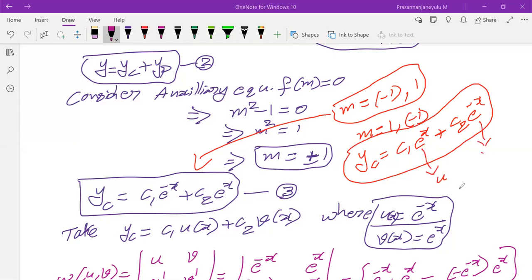Then what is the Wronskian we are going to get? W equals the determinant of a 2 by 2 matrix. The first row elements are u and v, e power x and e power minus x. The second row elements are e power x and the differentiation of e power minus x, which is minus e power minus x. If we find the determinant, the first term becomes minus 1. The determinant of a, b, c, d is ad minus bc, and the other term is also minus 1. So what is the answer we get? Minus 2 is the Wronskian.